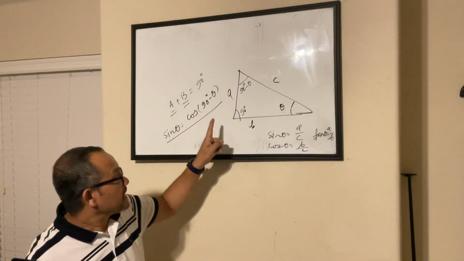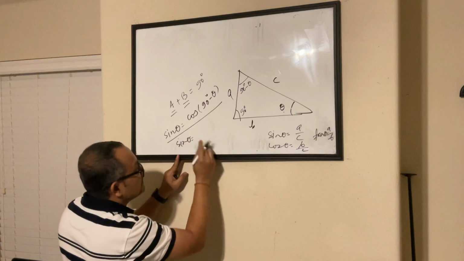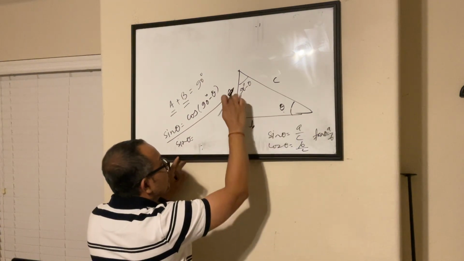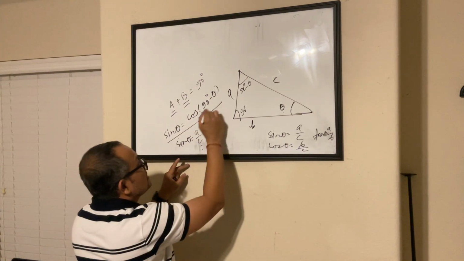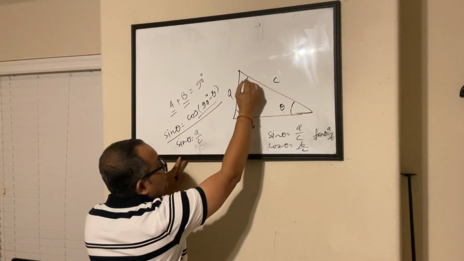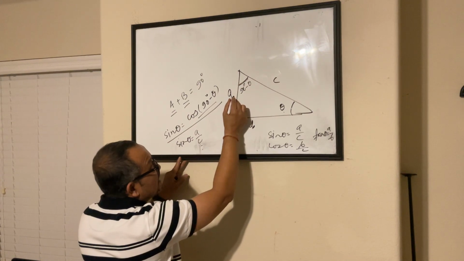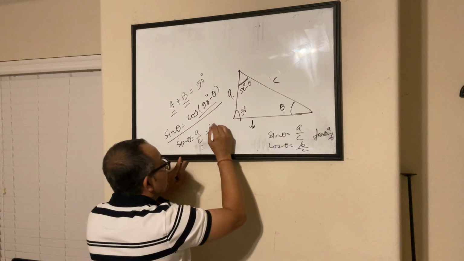Yeah. So sine of theta, if I look at the same angle, sine of theta will be A by C. And what is cos of 90 minus theta? This is 90 minus theta. What will be the cos of that? So side adjacent to that, divided by hypotenuse, which is